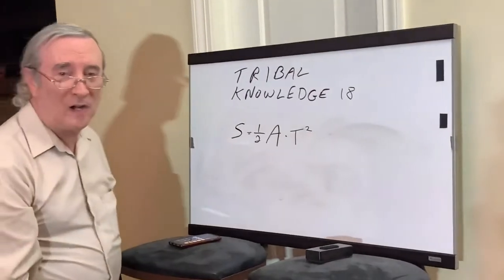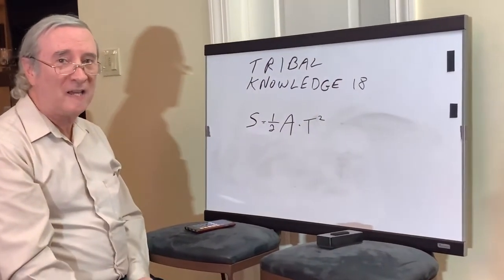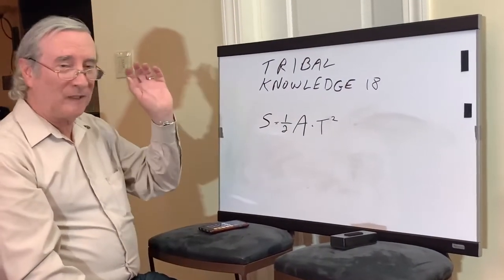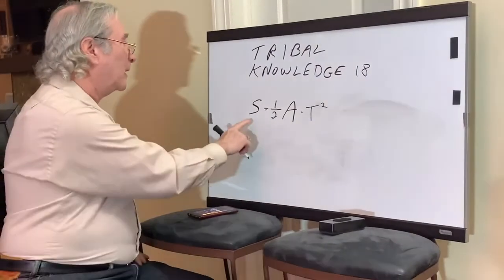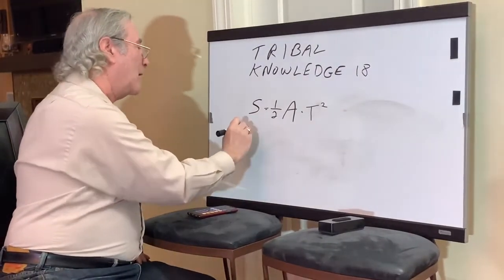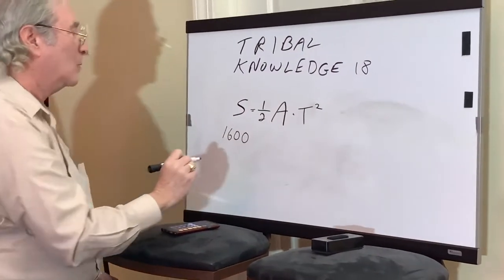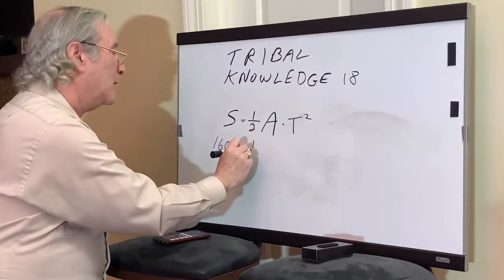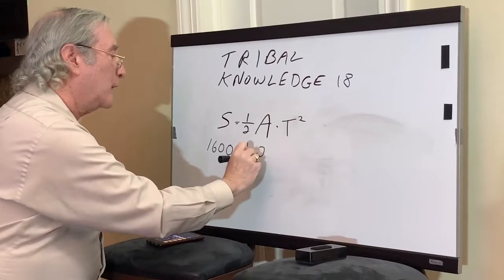So suppose we're on a mountain that's 1,600 feet high, and we want to find out how long it takes for a pebble that we throw off the mountain to hit the ground. So the displacement from the top of the mountain to the ground is 1,600 feet. I'm using some numbers that will come out to nice, easy calculations,